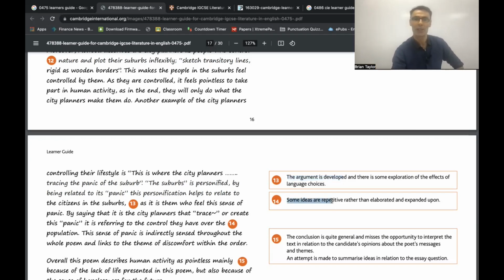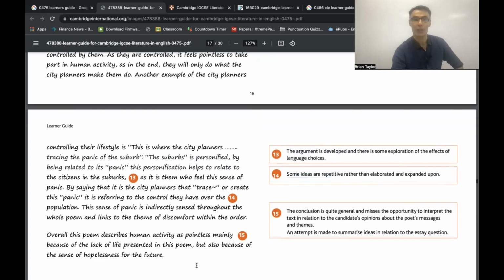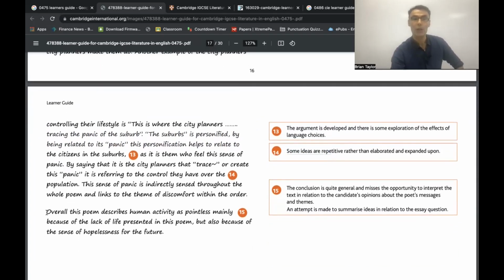The examiner says, well, it's a little bit repetitive. Rather than pointing out new points, they're repeating the old points. Well, let's just see how this finishes off here. This is the conclusion. So remember, the examiner was not that happy with the introduction. They felt there was a little bit too much waffle in there. A simple one line would have done the job. And here's their comment on the conclusion.